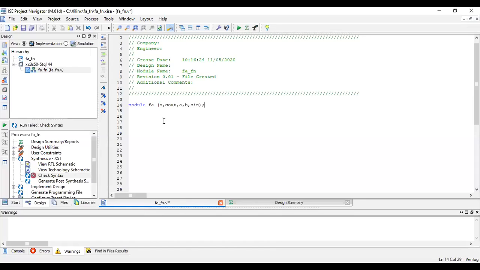Now, what is my input? I have to define it. Inputs are A, B and C in. And next I have my output: S comma C out. Now when we are designing a full adder using half adders, you will get three intermediate